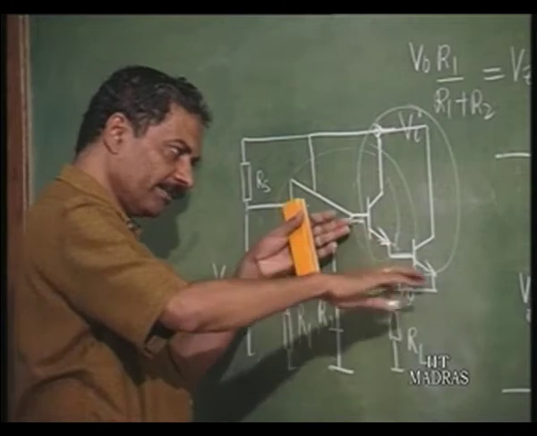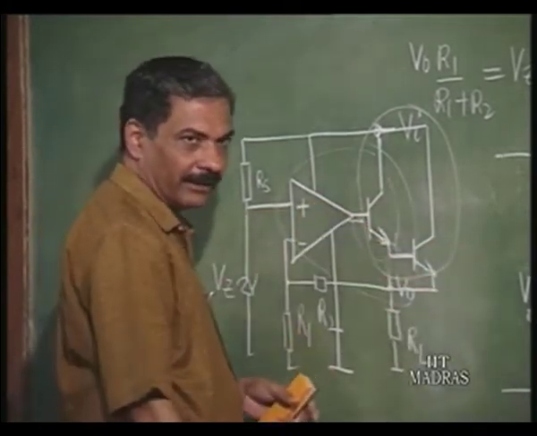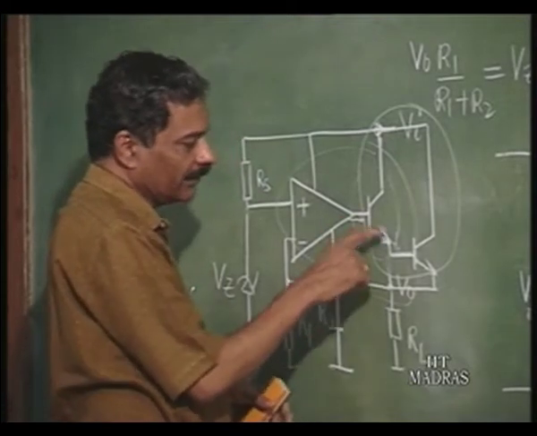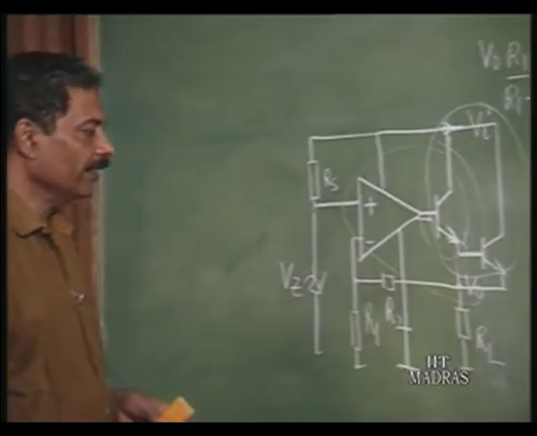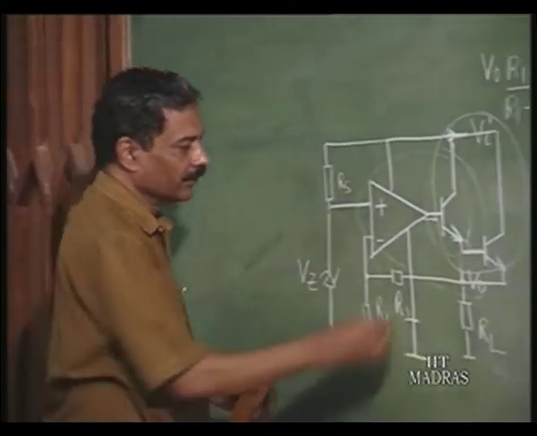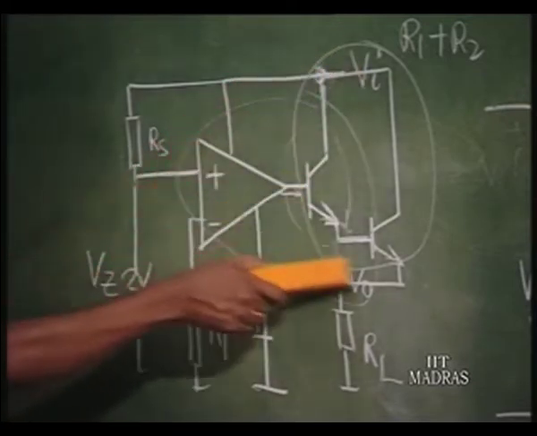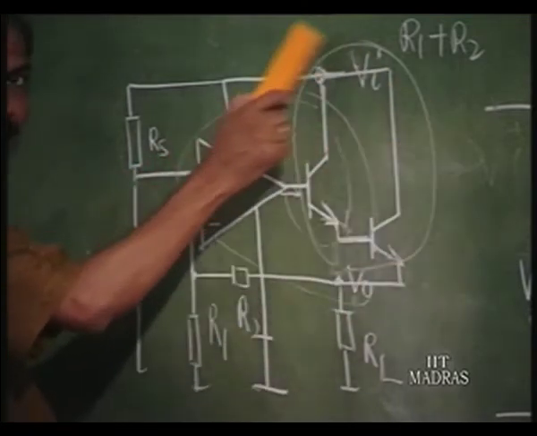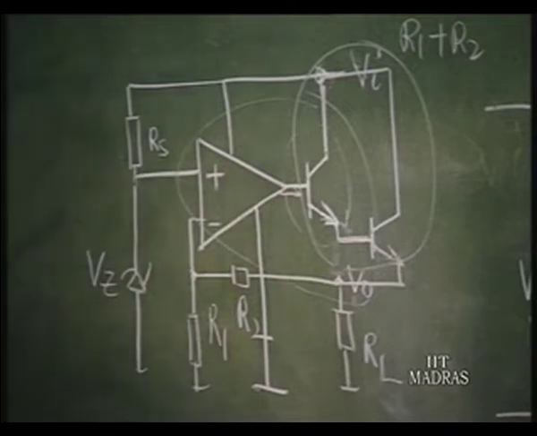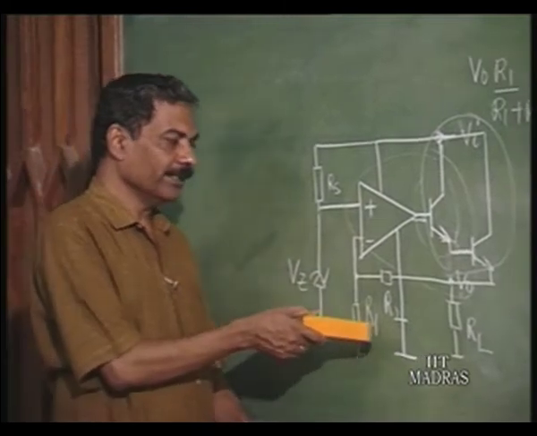So, you will see a pyramid-like structure here for boosting up the current of the regulator, right. The emitter of this is connected to the base of this, and the emitter forms the output. This kind of arrangement is always resorted to while building regulators. The series pass transistor, which is this, is coming between input and output, and this can be put in a Darlington pair in order to boost up the current rating of the regulator, and the design of the regulator